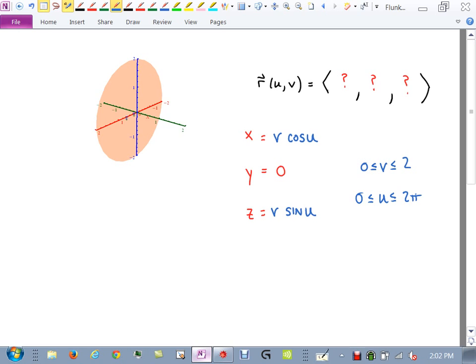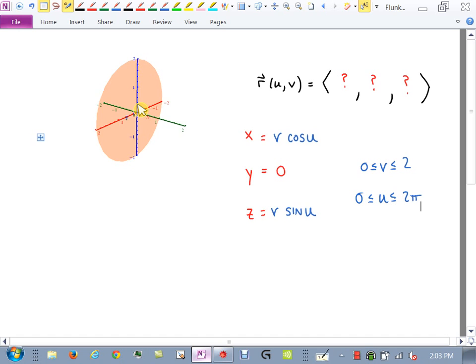Okay, so let's see if we can get our heads around what's happening here. Remember we talked about grid curves? Like if you hold one constant, what happens? So let's just hold one of these constant. Let's hold v to be constant, and let's let v be 2. Then what would 2 cosine u for x and 2 sine u for z draw? The outside circle. It would draw that outside circle, right? What if I hold v to be 1? It would draw the circle radius 1. If I let v be 1/2, it would draw a circle radius 1/2. And if I put all those circles together and let v vary from 0 to 2, I get the whole